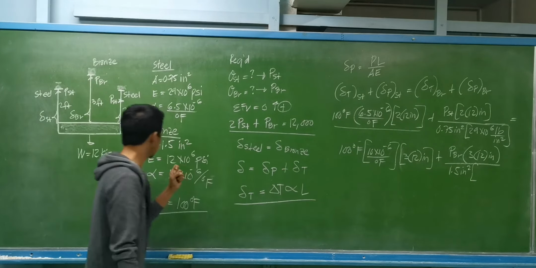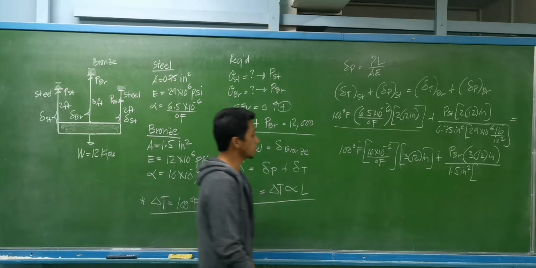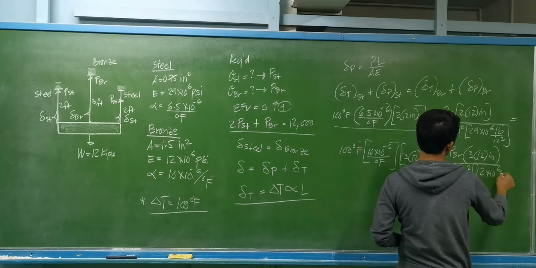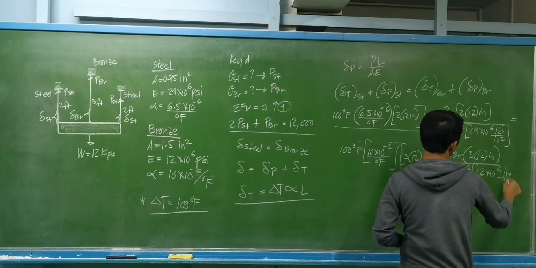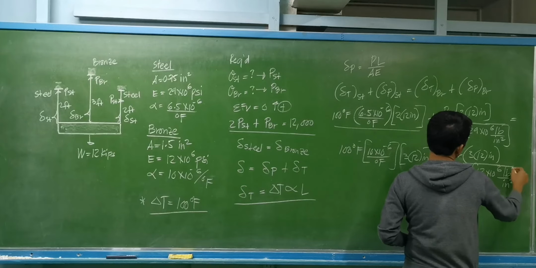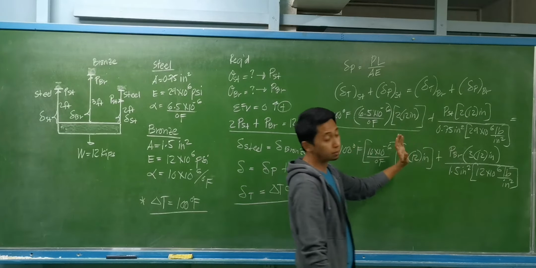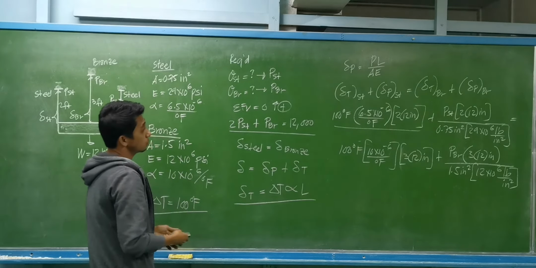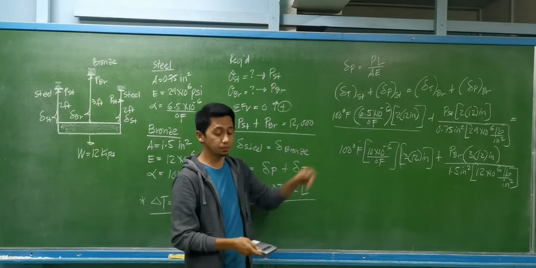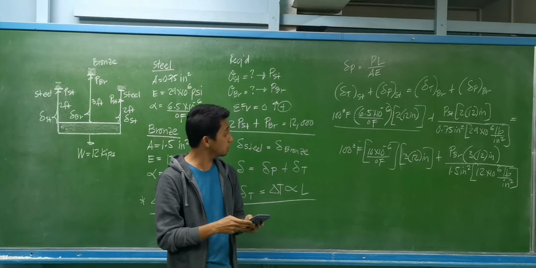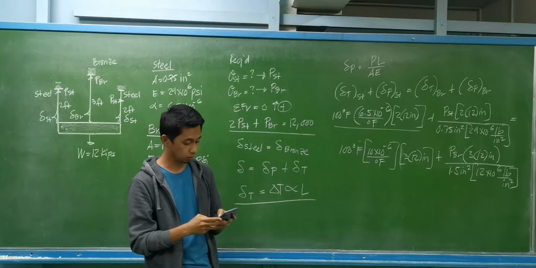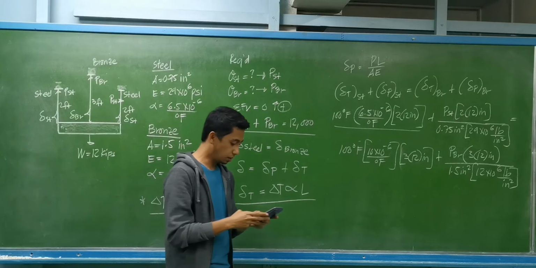Modulus of elasticity for the bronze is 12 times 10 raised to 6 pounds per square inch. As you can see, we converted some units to be consistent. So let's have this value: 100 multiplied by 6.5 times 10 raised to negative 6 multiplied by 2 times 12, 24. So that value is equal to